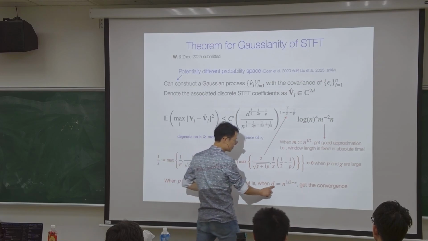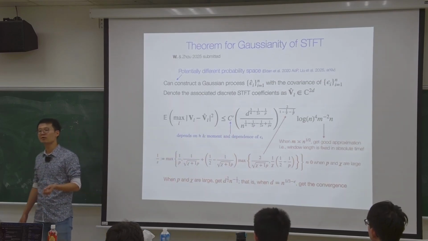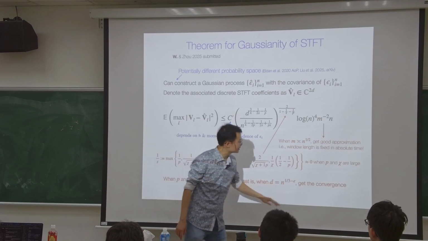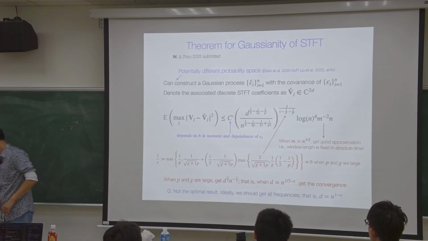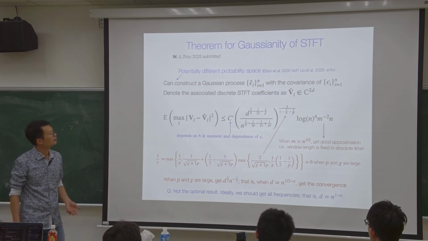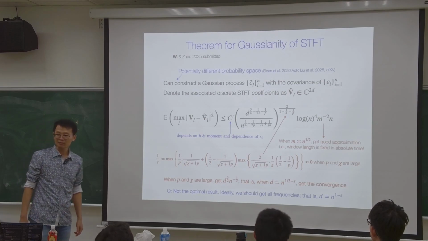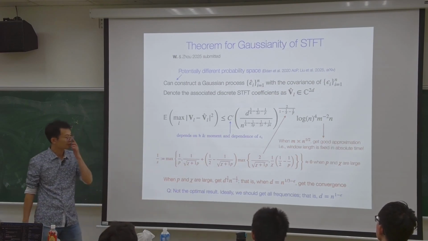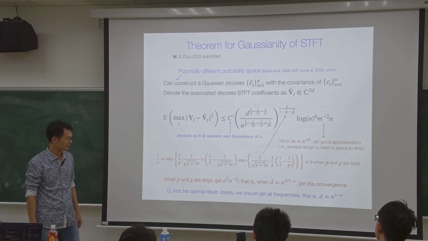Okay, you can actually get n raised to power 1 cubic, that many frequency entries that are Gaussian. Although this is one result, and I was happy to write a paper, it is still not optimal. We are still trying to do some exploration, but using this technique, we know right now we cannot bypass it.